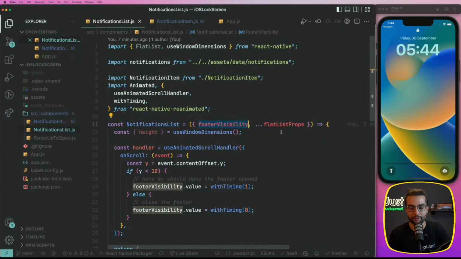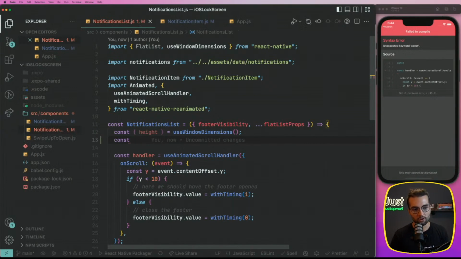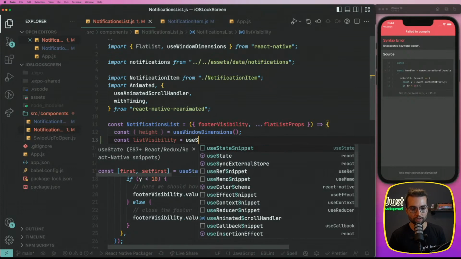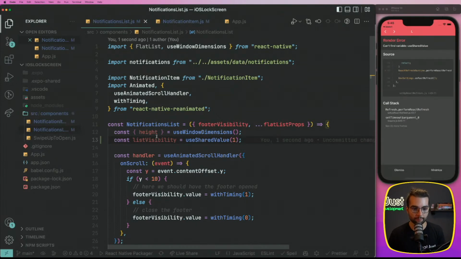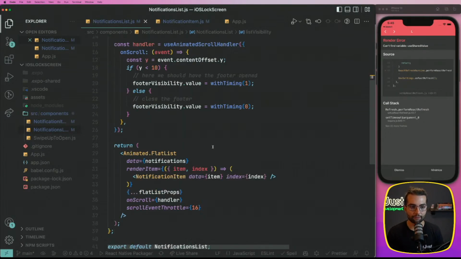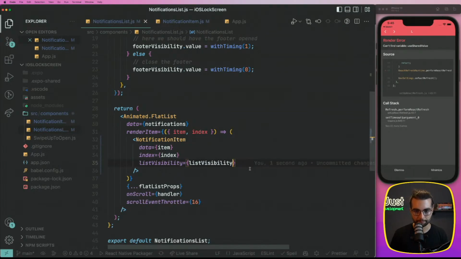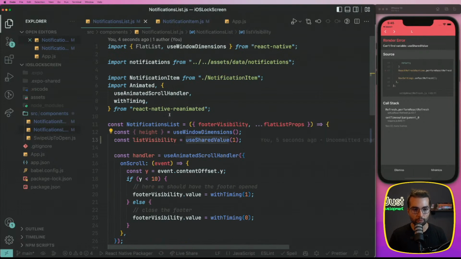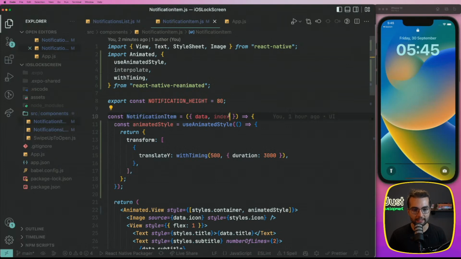footer visibility value that goes from 0 to 1 gradually, the same way we're going to have a visibility for our flat list. So list visibility is going to be equal to useSharedValue, and it's going to start with 1. It's going to be visible. Now let's send this list visibility to all our notification items. So listVisibility equals listVisibility. We should not forget to import useSharedValue from Reanimated, and in the notification item, let's